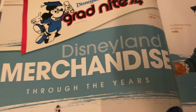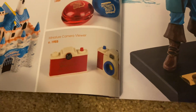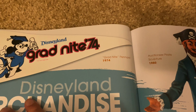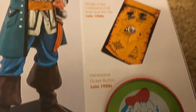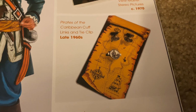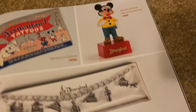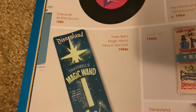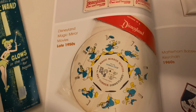Disneyland merchandise through the years, the Sleeping Beauty's Castle cookie jar, Blast to the Past yo-yos, miniature camera viewer, the Auctioneer pirate sculpture, Grad Night pennant, Disneyland flicker button, Pirates of the Caribbean cufflinks and tie clip, Viewmaster stereo pictures, Videopolis 45 RPM record, Tinkerbell's magic wand glow in the dark, Disneyland Magic Mirror movies,